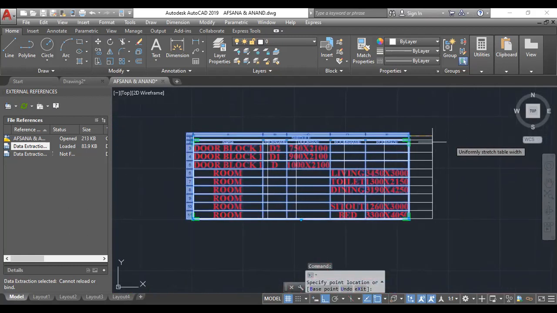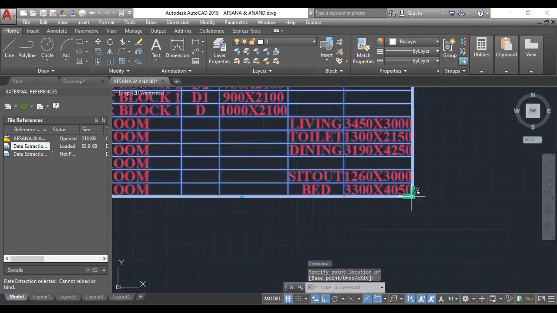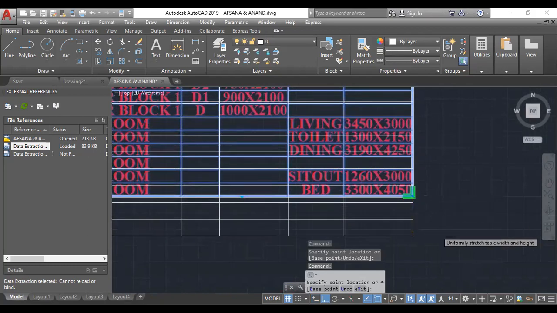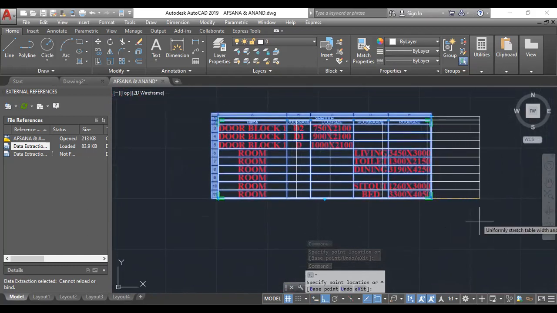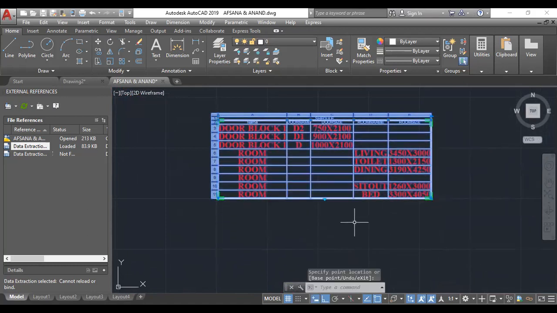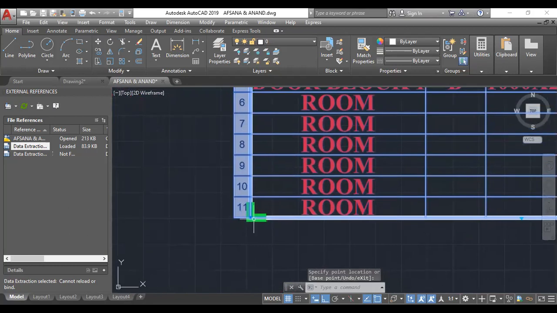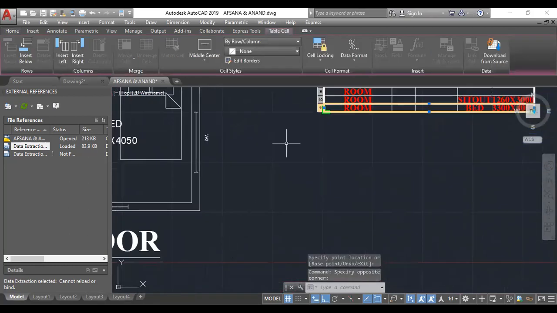You can use this drag arrow key on the right side, and for increasing the table in the x and y direction you can use the corner drag point. Also for increasing the table height you can use this drag point arrow key.